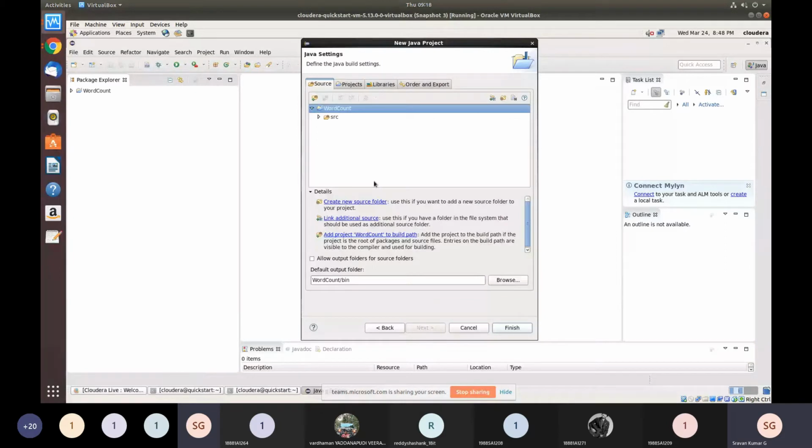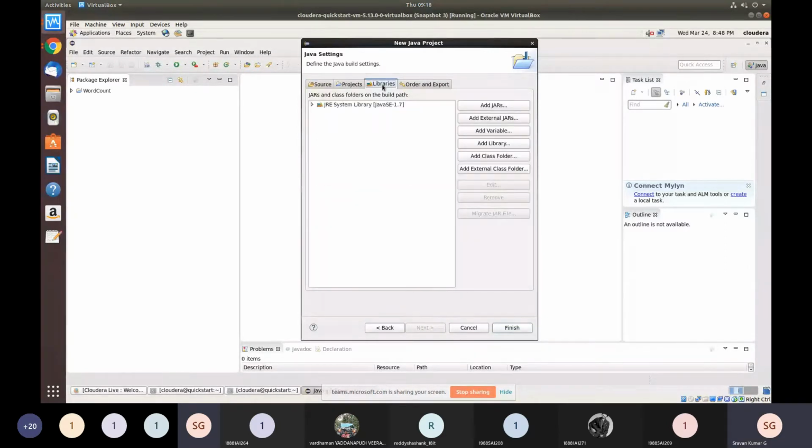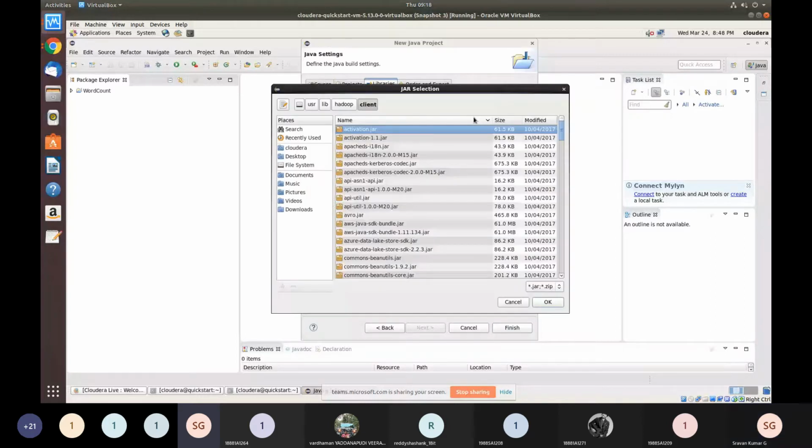Once you click on next, you will see a screen like this. Now you just click on libraries. Now you can see a new screen under libraries. Now you click on add external jars. Under this, go to file system.